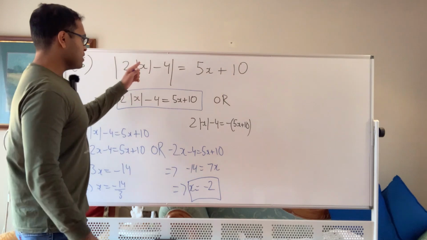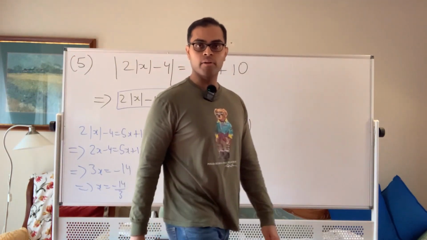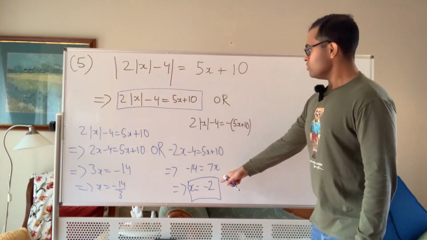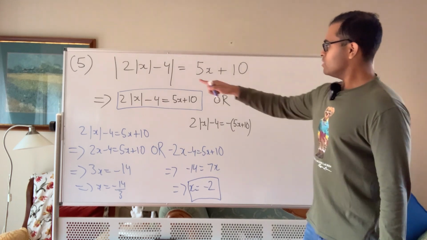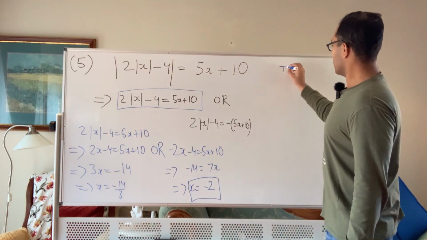And then we have to plug it back into the original equation to double check. So if we have x equals minus 2, then if we plug it into that as a sanity check, if x is minus 2,